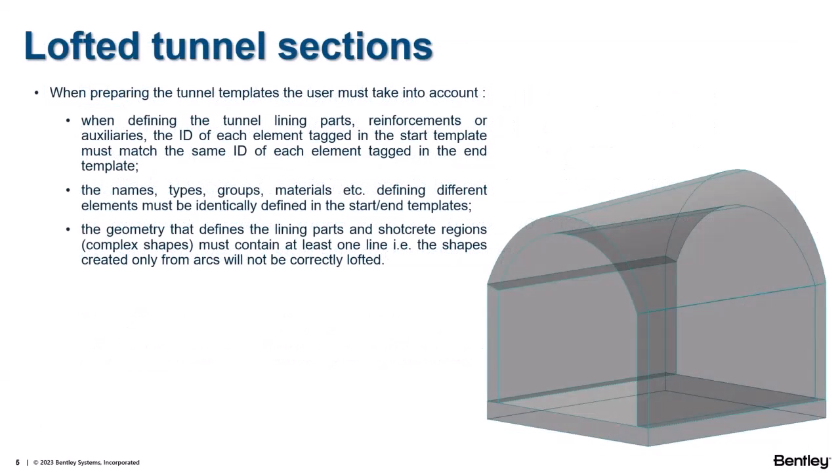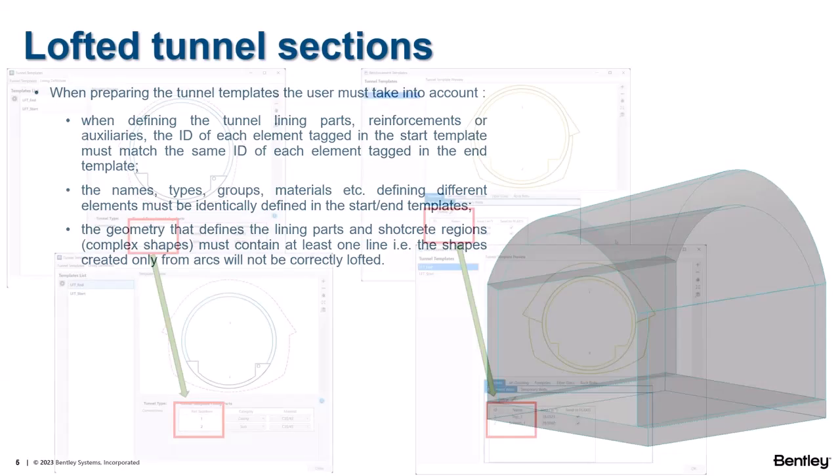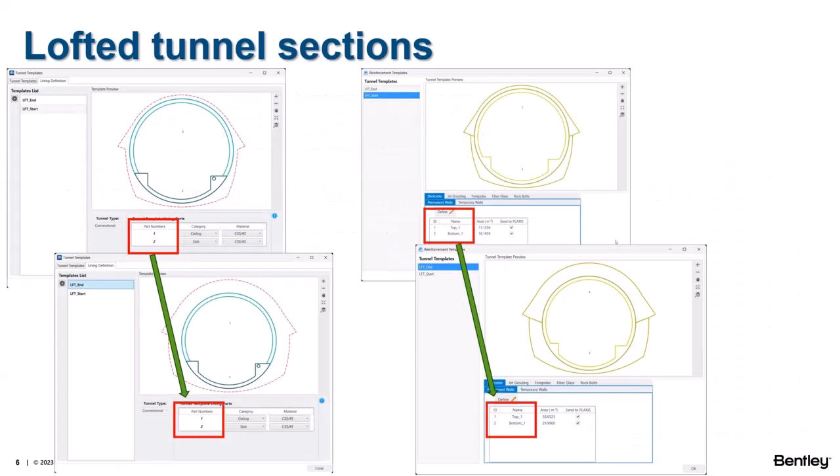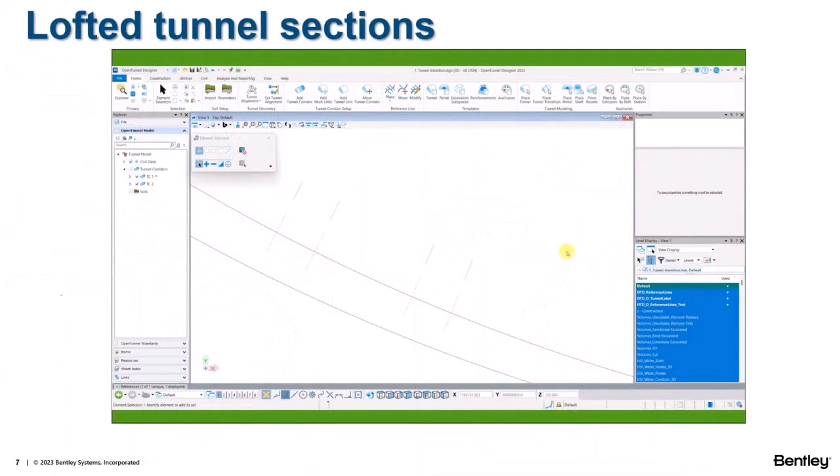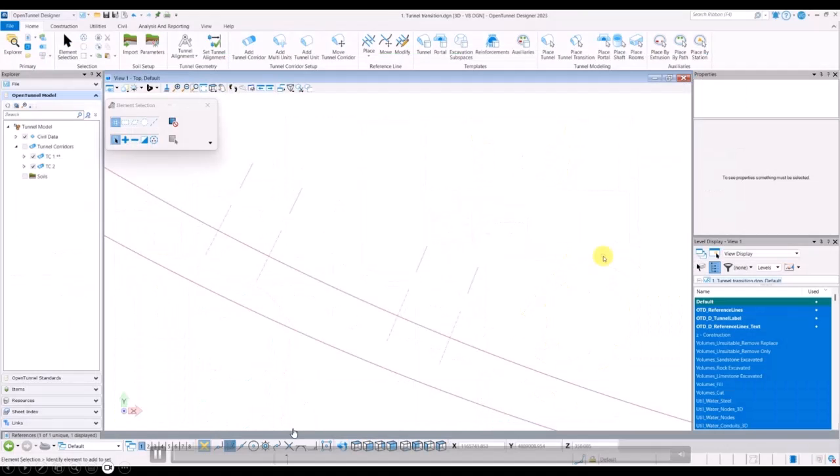It's also done for all the tunnel parts: the lining, the reinforcements, auxiliaries, every element will get this transition from section to section. It's just a matter of specifying the part numbers, as we call them, the different parts inside the tunnel, and whether they're going to be lofted or not. And then when you place the tunnel itself,